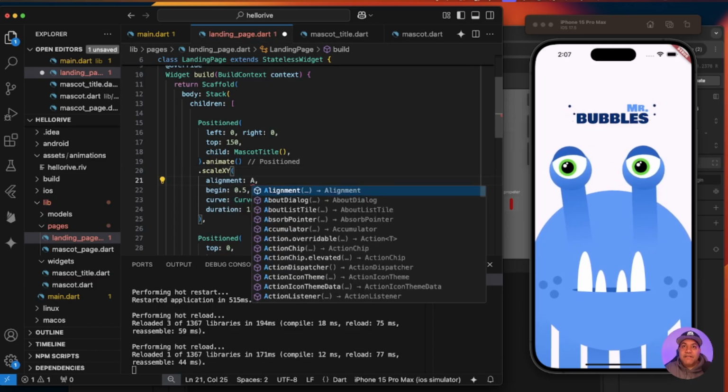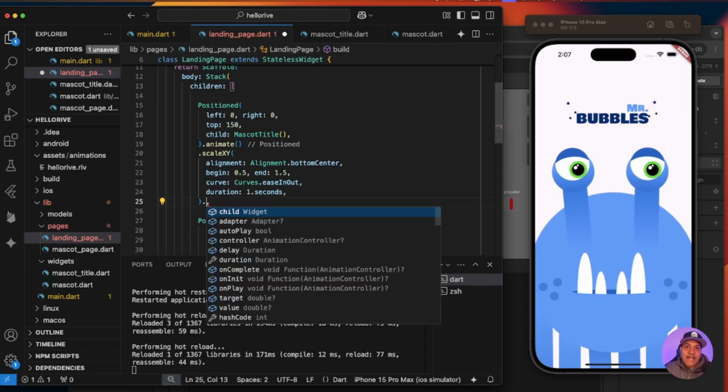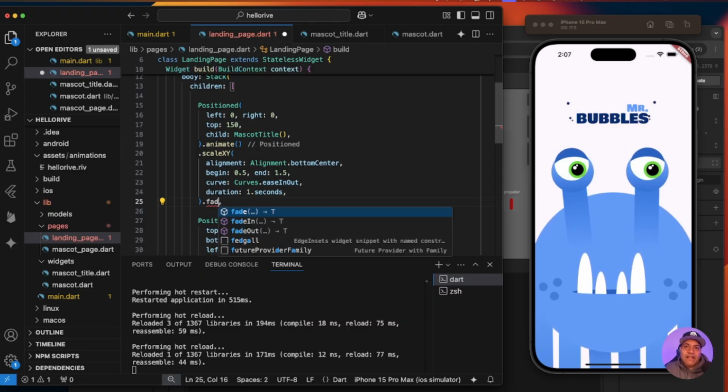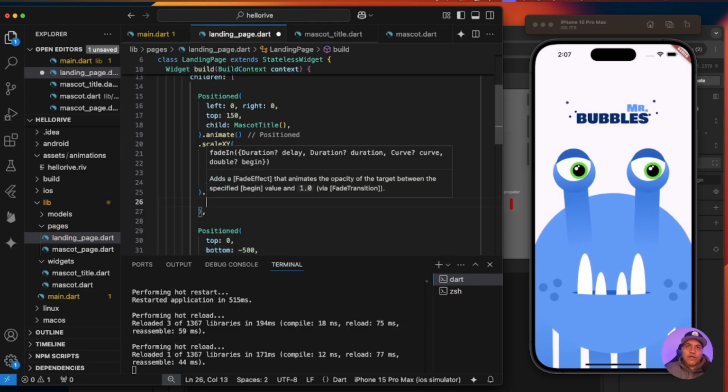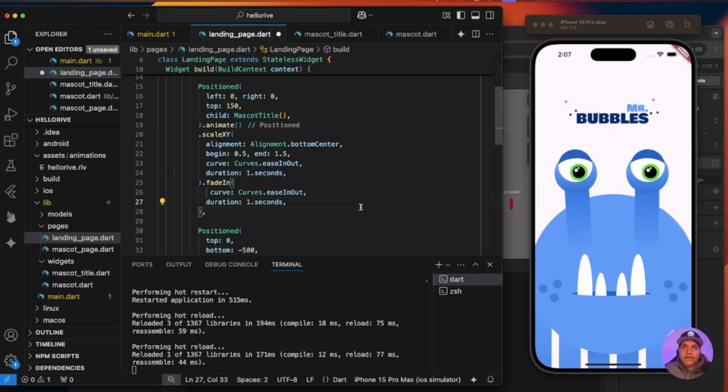So I do alignment, bottom center. I want it kind of like from the bottom and then works its way up until it reaches the full size and then does that. I also wanted to do a fade in. Let's do the same thing as the other one. So I'll fade this in using pretty much the same parameters, using the same curve and using a 1 second